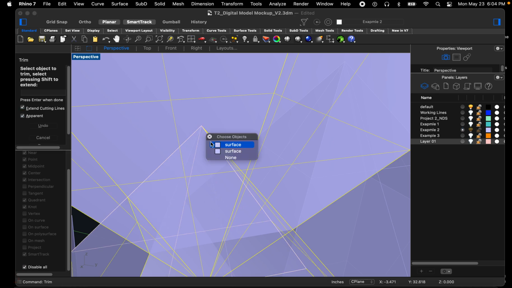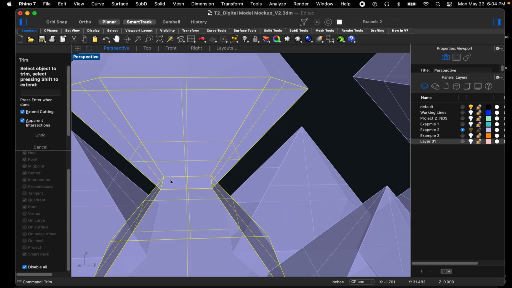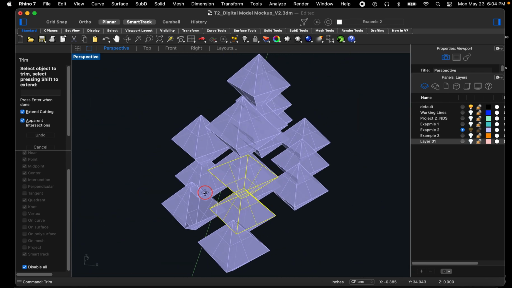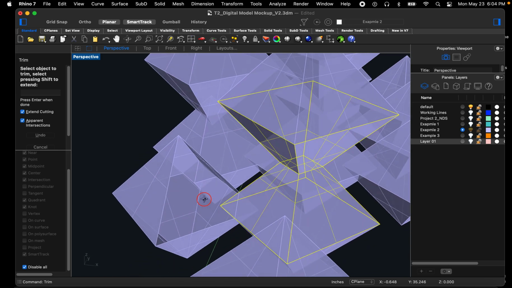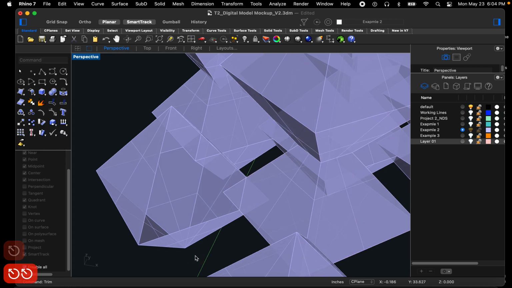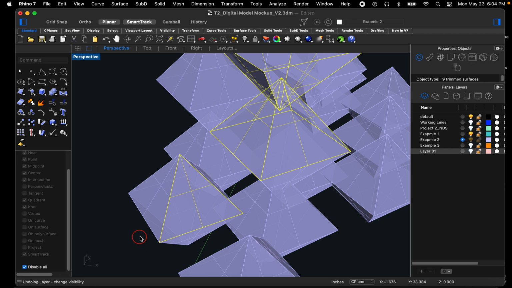Trim, trim, trim, trim, trim, trim, trim, trim, and trim again. Okay. And keep doing that. Oops. And hope that you don't make a mistake like I did just there. Not that big of a deal. We'll back step there. Okay. Now,